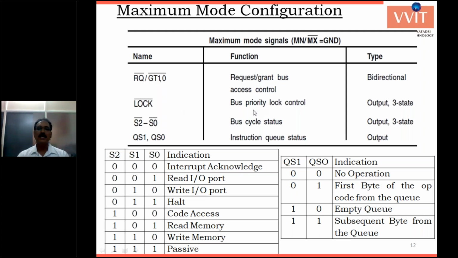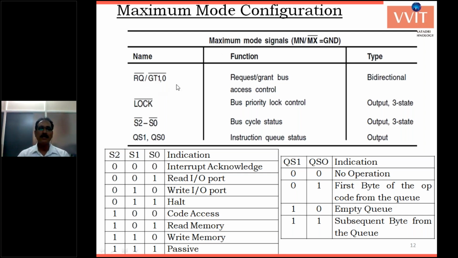The next pin is indicated as LOCK. Generally, the lock signal is active for a prefix of statements. If a statement uses the lock prefix, no other task is accessed. It is a high priority statement running. There is no support for multitasking when the lock signal is low. When the lock signal is disabled, multitasking is supported.